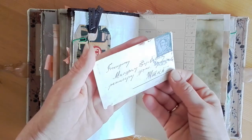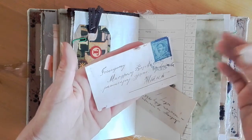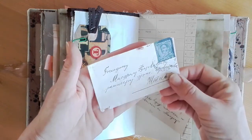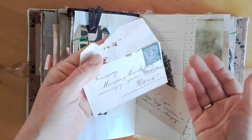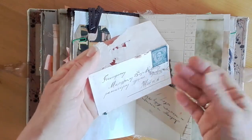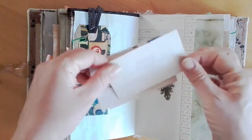But it's done. You can see that it's done with a pen and ink, or a fountain pen, but it's definitely ink. But it's so lovely. And then on the inside